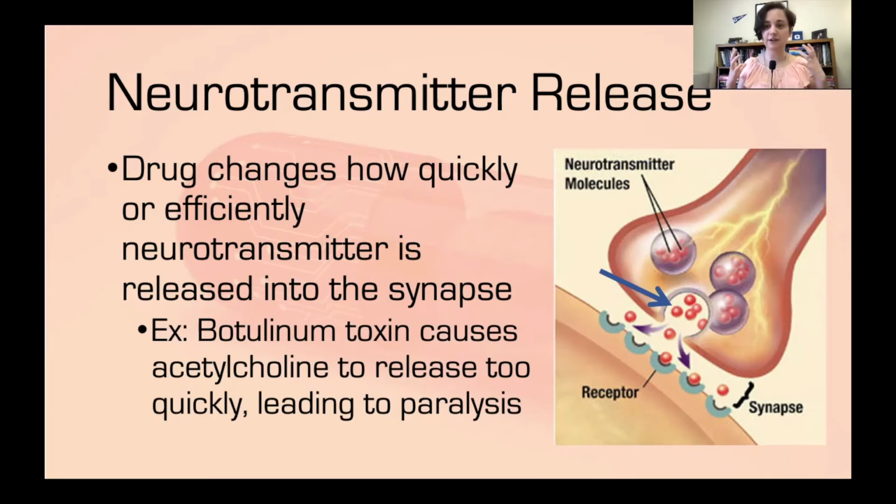However, if you have a drug in your system that interferes with neurotransmitter release, oftentimes those signals are not going through, that feedback loop is not working properly, and too much of the neurotransmitter is released into the synapse, which can then lead to very serious problems with neurotransmission. These tend to be very harmful drugs. So,